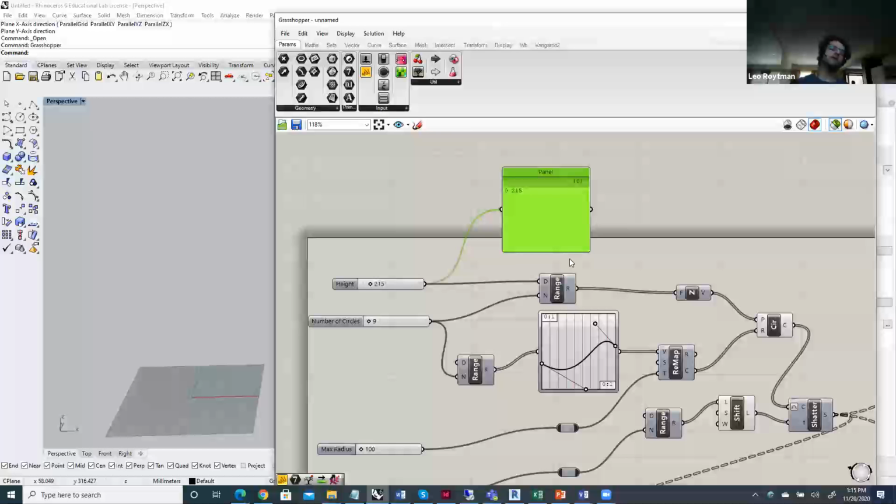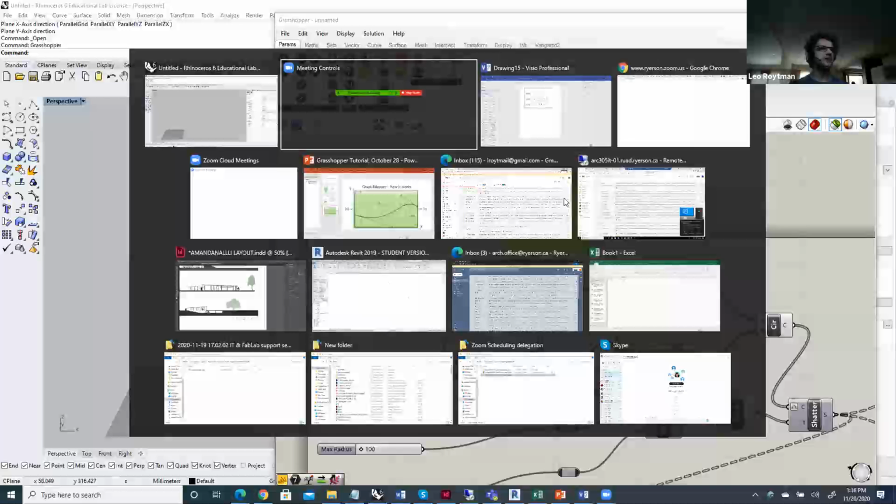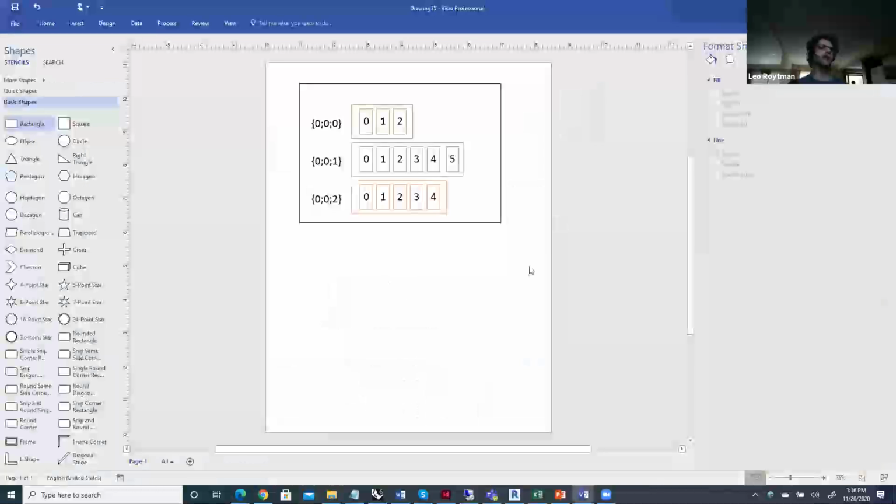So how will Grasshopper distinguish between them? What Grasshopper does is organize the lists in data trees, and a data tree is basically a list of lists. What I mean here, I will try to illustrate. We will look at it closer down the road. But basically the idea is,